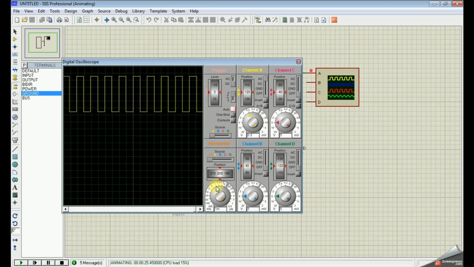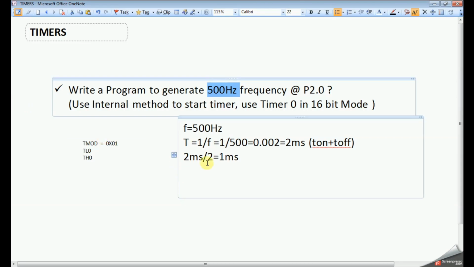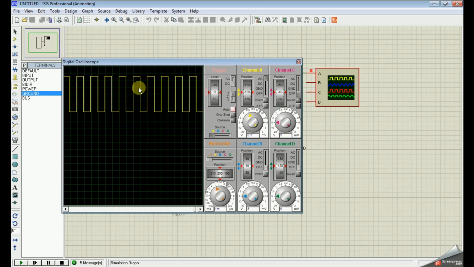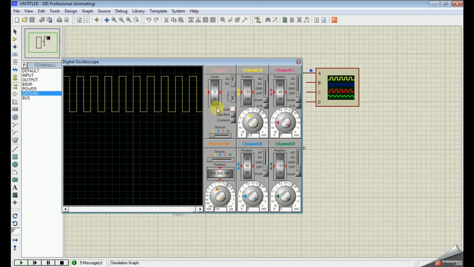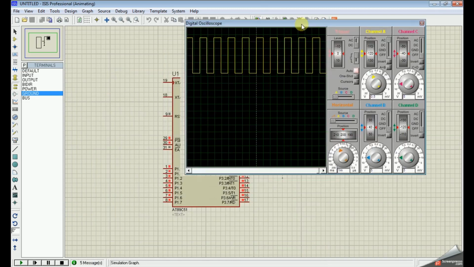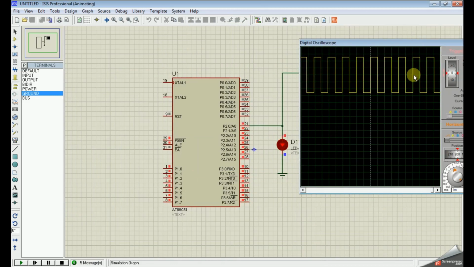So 1 millisecond it is generating delay here. If you see the scaling, each block is 1 millisecond. We generated delay for 1 millisecond only, so 1 millisecond on time and 1 millisecond off time. If we calculate the frequency for 2 millisecond, that is nothing but 50 Hz frequency it is generating. This is exactly what you have written in the program.